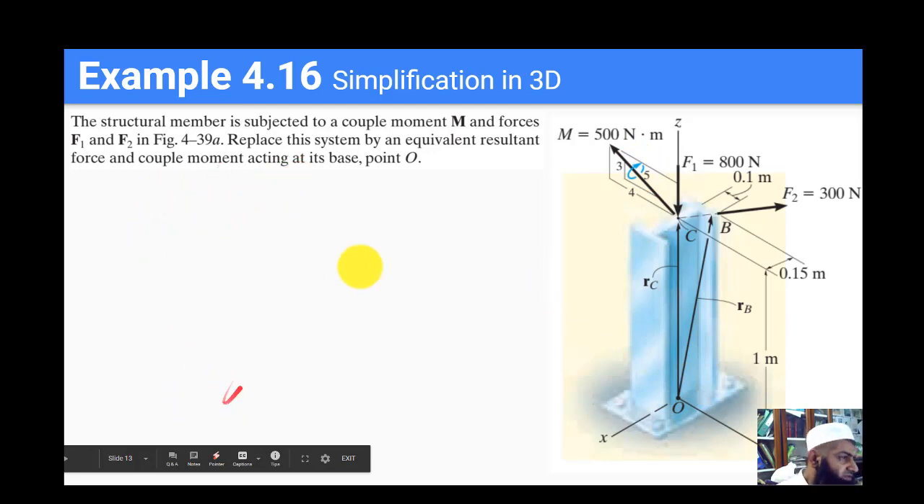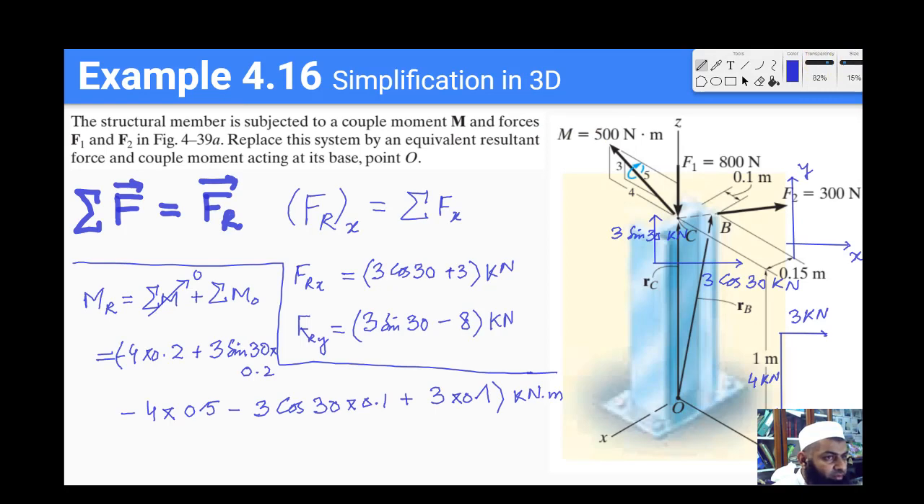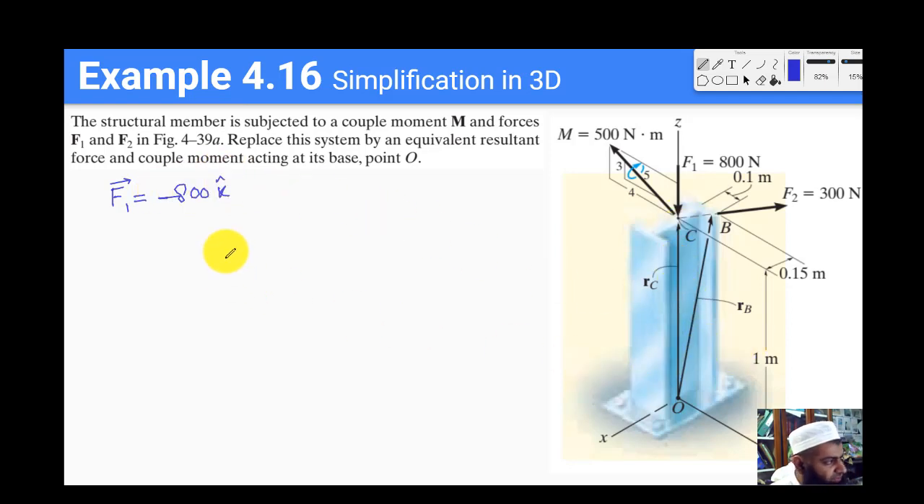So again, just using the logic that we have studied before, the first step is to write the forces. First of all, I would like to write all the forces into their components, into their Cartesian vector form. So F1 is simply equal to minus 800 k hat, and the minus sign is because this force is acting downwards, and F2